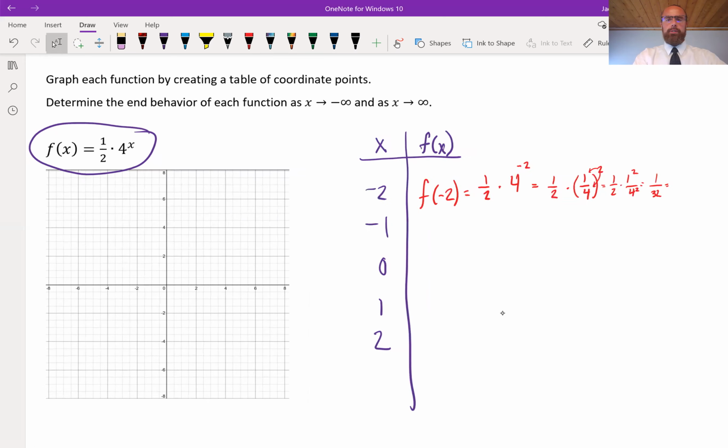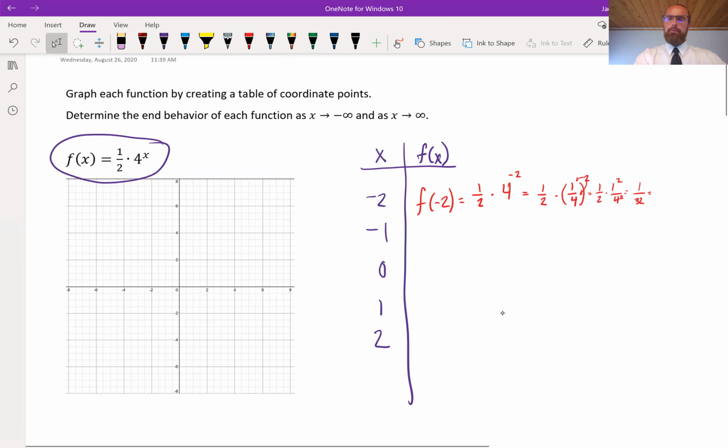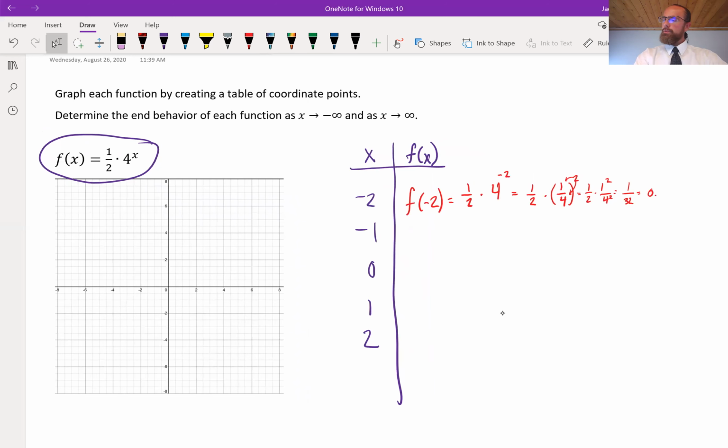Let's squeeze this screen down so we got some room. 0.03125. All right, so that gives us our first coordinate pair, -2, 0.03125. We'll keep going. So f at -1 is 1/2 times 4 to the power of -1,